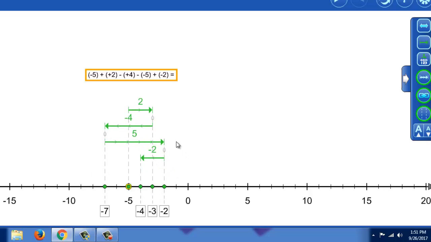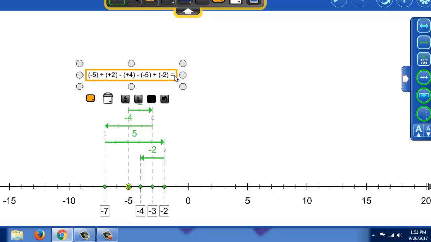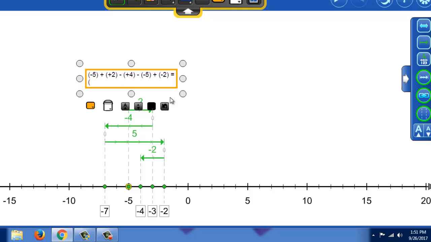So as you can see how it's complicated, we start from the beginning and the arrow is going to the right, to the left, to the right, to the left, until I end at this answer. So I can go and add this final answer as negative 4,